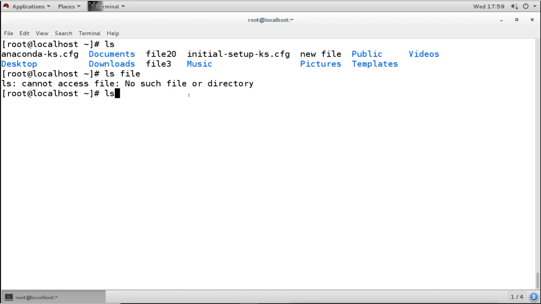So when I type file and press tab, it completes till file. Now I want to see what other options I have. You can have multiple options, so you can press tab two times. When you press tab two times, it will show you all the possibilities you have. Right now we have two possibilities: file20 or file3. Now it is up to me. If I press 2, there is only one file20, so when I press tab, it completes.